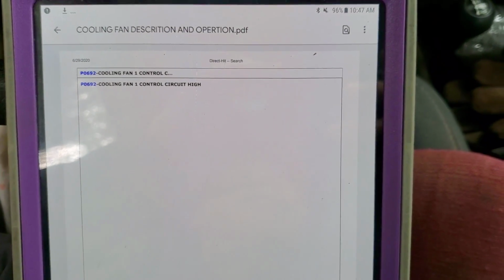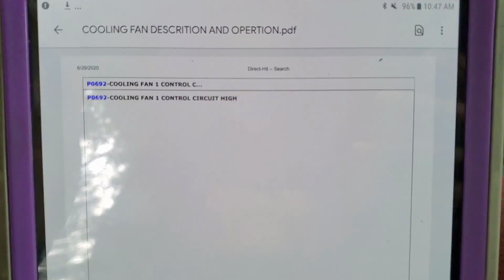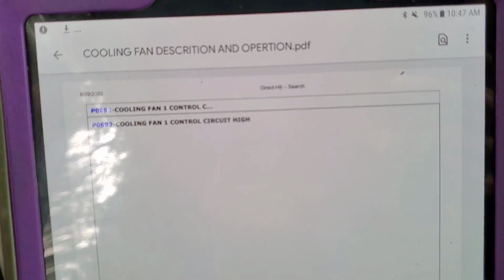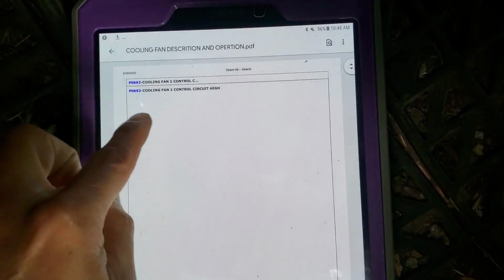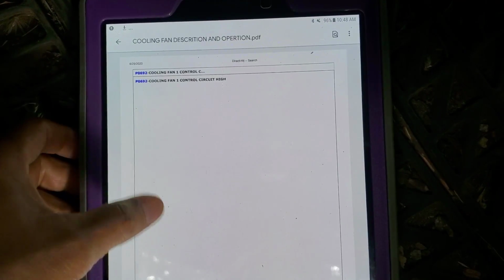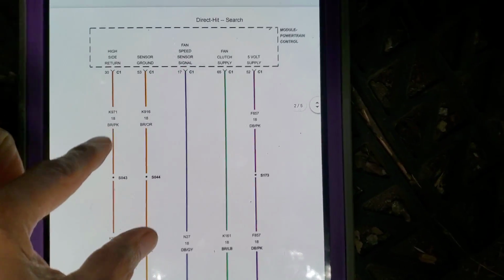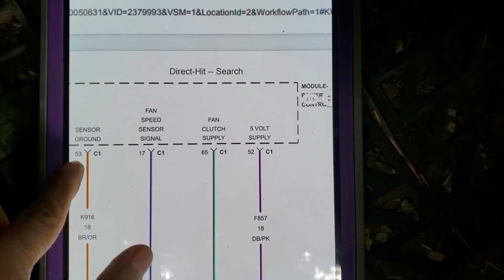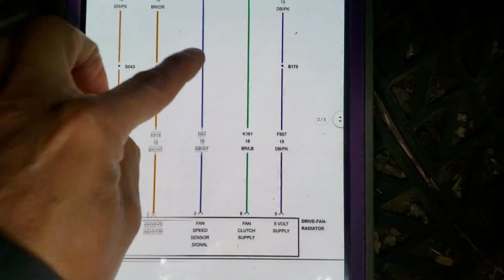Okay, so we're gonna go for the description and operation of the system, the cooling fan. I have got too much glare here. Let me look for another place for less glare. Okay, so we have the diagnostic trouble code here: cooling fan control circuit high. So first thing, they are giving us the diagram, and then the powertrain control module, and that one is controlling